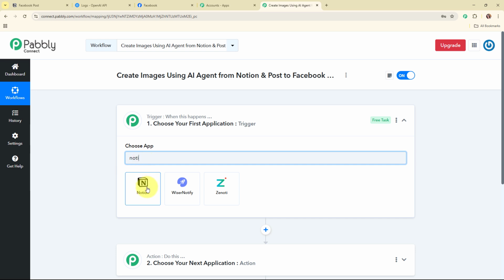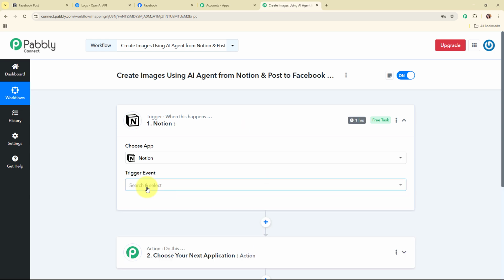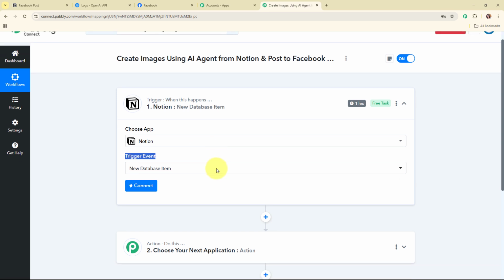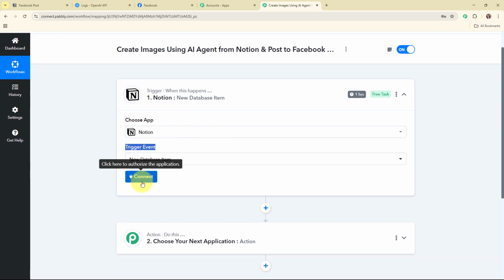So here I'm going to select my trigger application as Notion, and here I'm going to select my trigger event as new database item, so that whenever a new item is added over here in my Notion database, then automatically Pabbly Connect should capture the response, or you can say automatically this entire workflow should get triggered. Alright, so now after selecting my trigger event, I'm going to connect my Notion with Pabbly Connect by clicking on